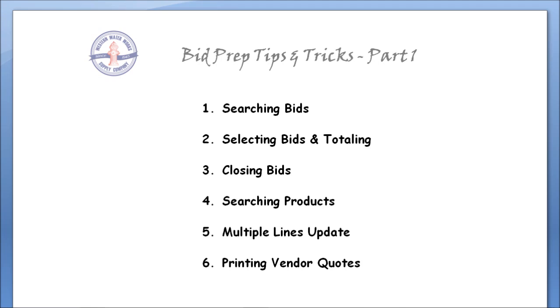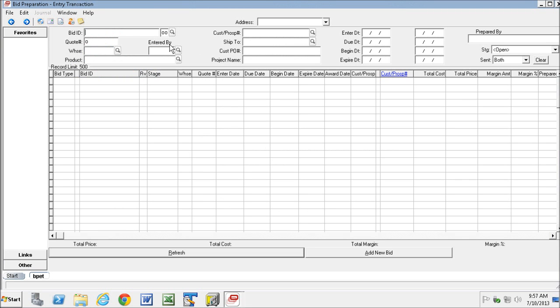So let's get started. This is the bid entry main screen where you can search for any bids in the system. I want to talk about using the bid ID as the searchable field. So if we enter the word sewer here, for example, and hit refresh,